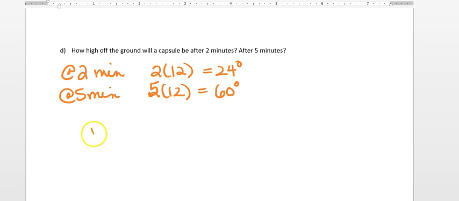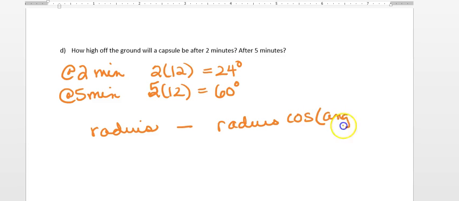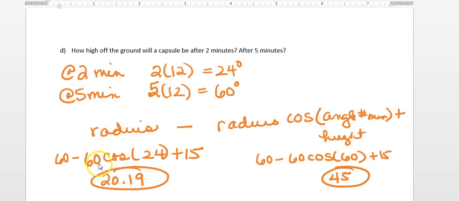So the formula is the radius minus the radius cosine the angle times the number of minutes, and then plus the height of the stand. So to finish the problem, for 2 minutes, you would do 60 minus 60 cosine of 24 plus 15, which is 20.19, and then